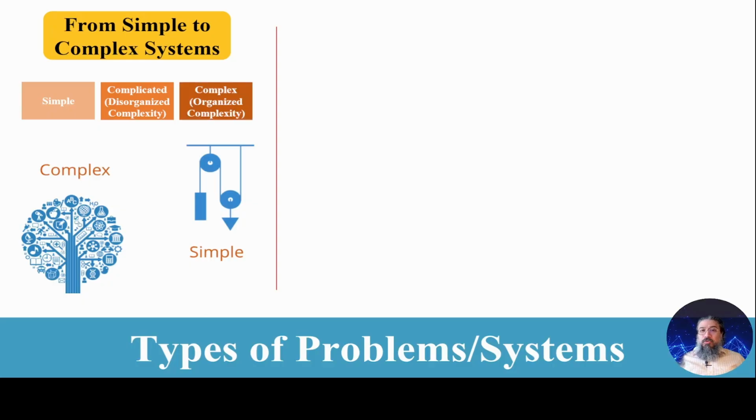And then we have a third group of problems. We call them complex problems or complex systems, which are organized complexities. These are different stories. They have interactions and they are interrelated. And for the sake of that interaction, they show non-linear behavior and they have emergence property, which means they show a behavior at the system level that is not reducible to component level or interaction level. As a result of these principles, these systems and these problems cannot be studied with traditional methodologies in statistical science.